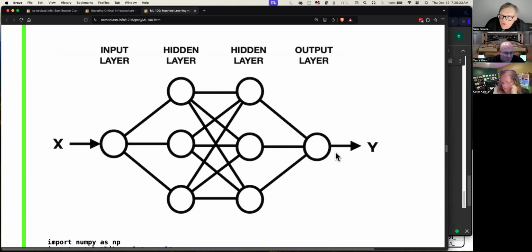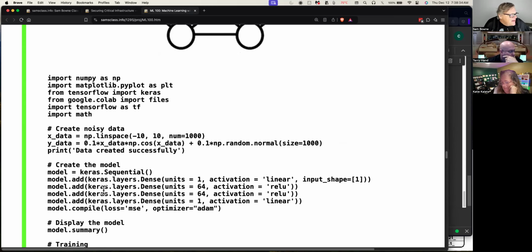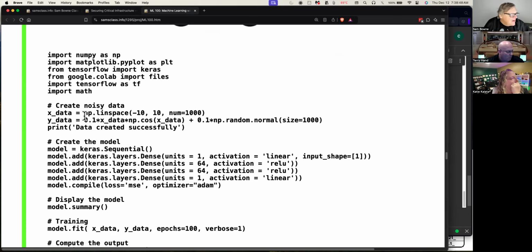This is the way real complex situations are fit. Now you have a lot of parameters. Each one of these junctions has 2 parameters, a slope and an intercept. So for that, you have one linear layer going in, then you have 64 units in the first hidden layer and another layer of 64, and then an output layer of just 1. So you have one input X and one output Y, but in the middle, you have a whole network of